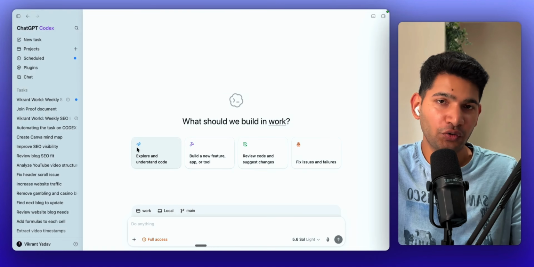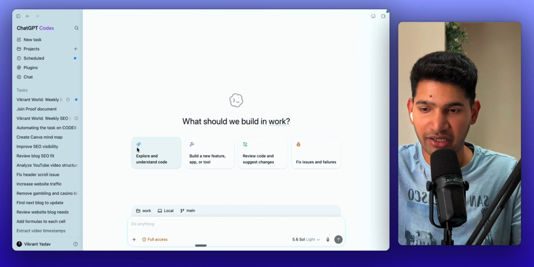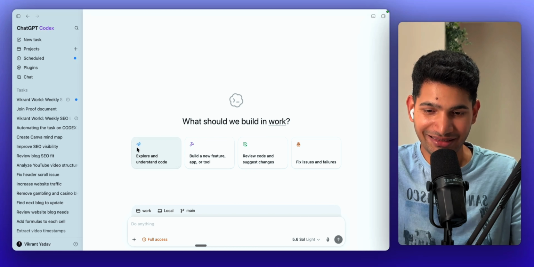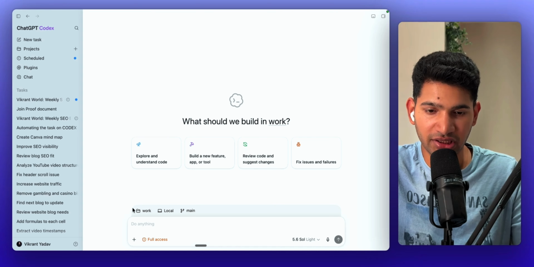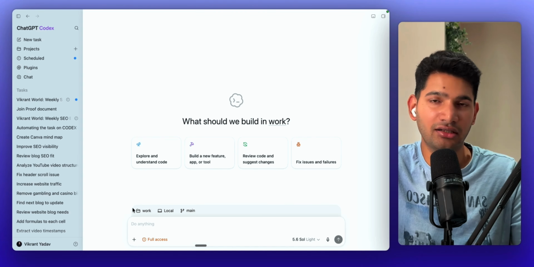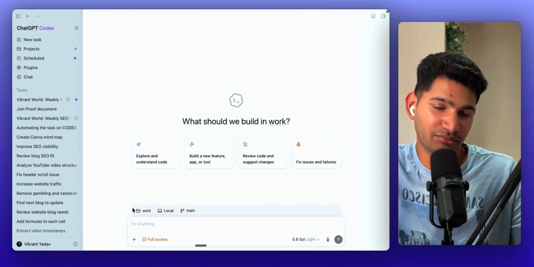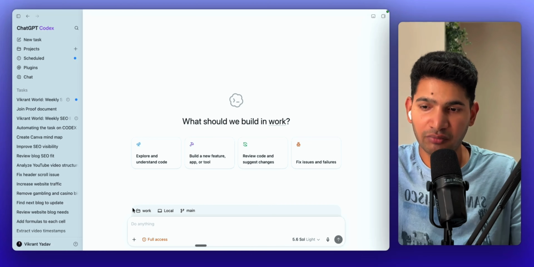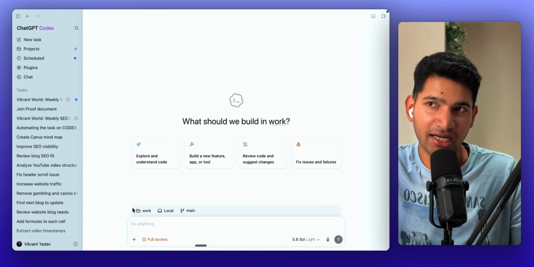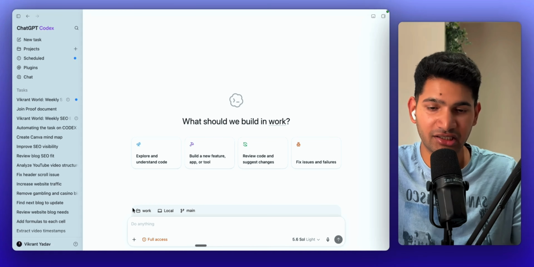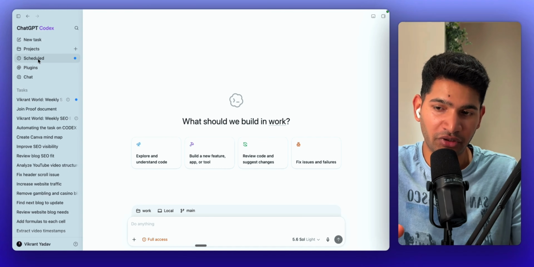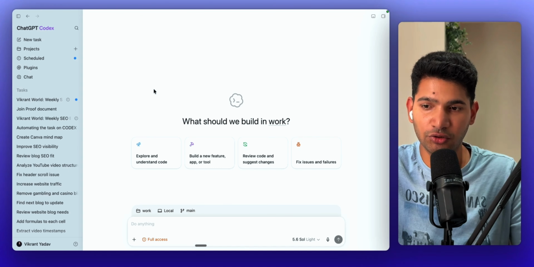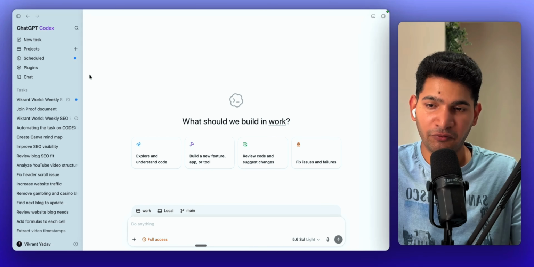And whenever I do any sorts of chats, or if I create anything, that will be sitting inside that particular project. So the first feature which I wanted to show is we have a lot of tasks, a basic to-do list which we do as a marketer on a daily basis. One of them is understanding what is going on inside the marketing world. So to do that, I'll build some automation. So for automations, you need to go to schedule. Even before going to schedule, I'll show you there are a lot of plugins which are available.